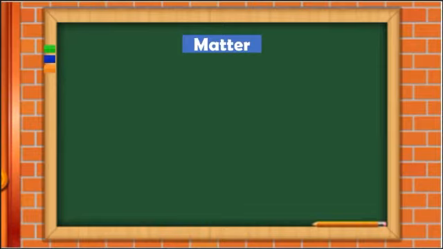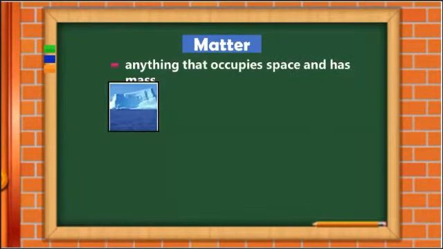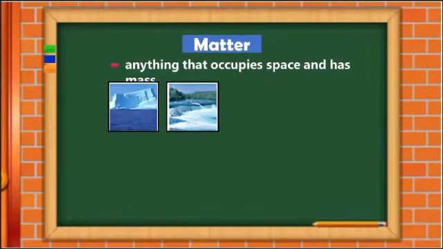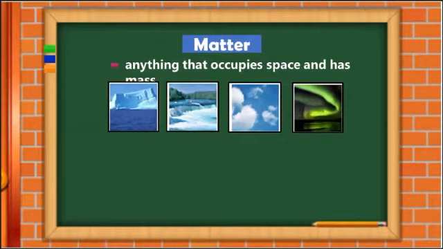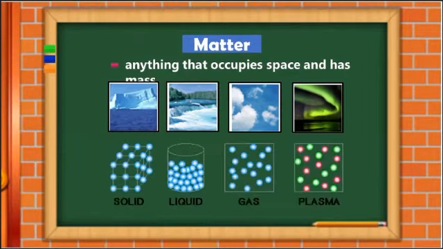So moving forward, we can define matter as anything that occupies space and has mass, and it has 4 or 5 phases. Hindi ko na sinama dito yung Bose-Einstein condensate, kasi we're going to focus on 3 lang naman. 4 pa nga ito, may plasma pa tayo. So we have solid, liquid, gas, and plasma. And the fifth phase of matter is the Bose-Einstein condensate.